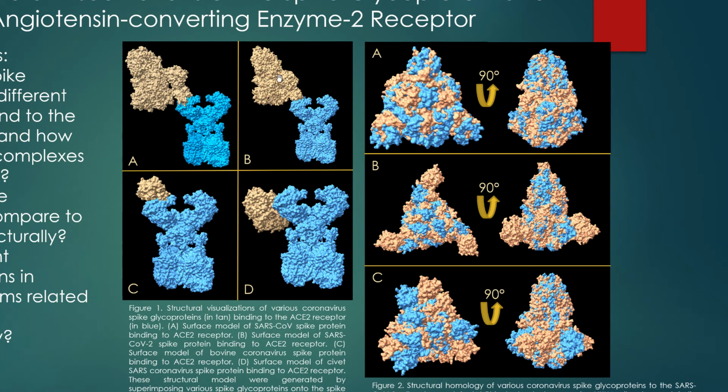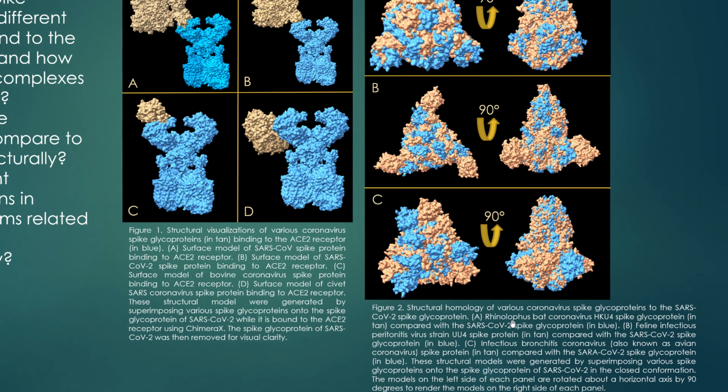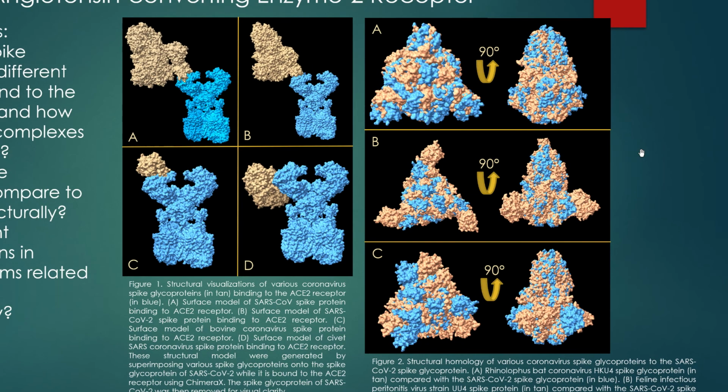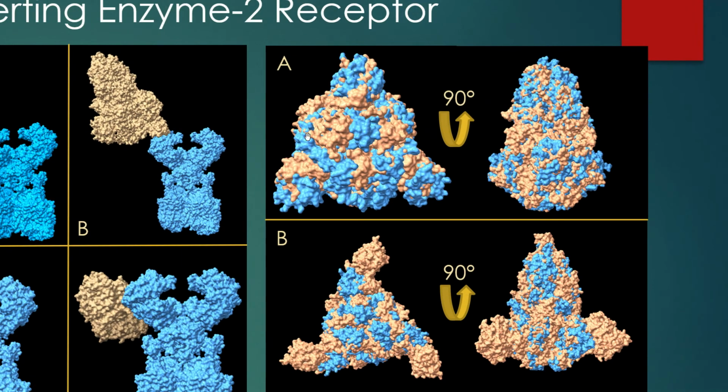So each of these spike glycoproteins is in the open conformation, which is necessary for it to bind to the ACE2 receptor. However, for the spike glycoproteins that exist in bats, cats, and birds, I could not find protein database files where they were in the open conformation, which is necessary to show them binding. So I did something else. I instead superimposed